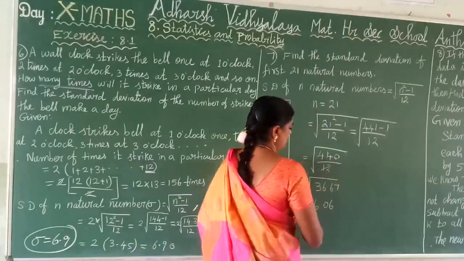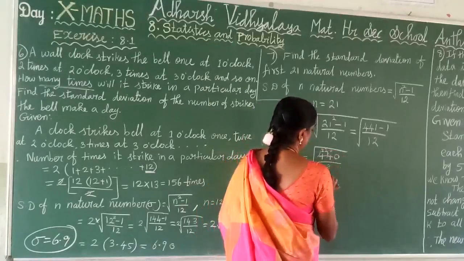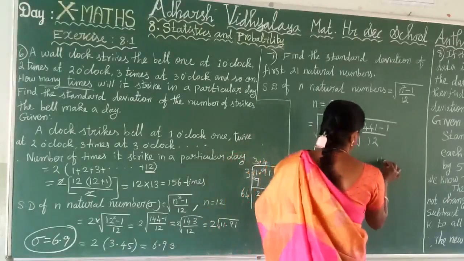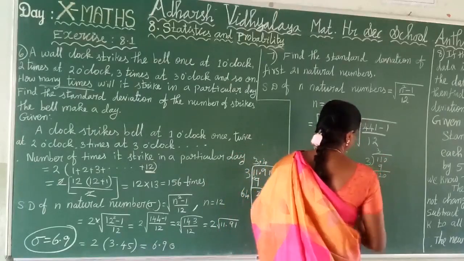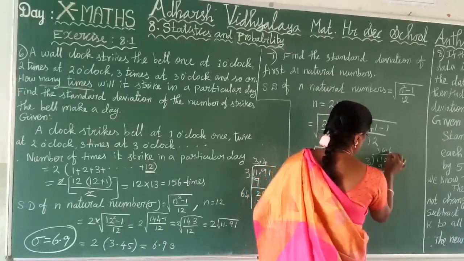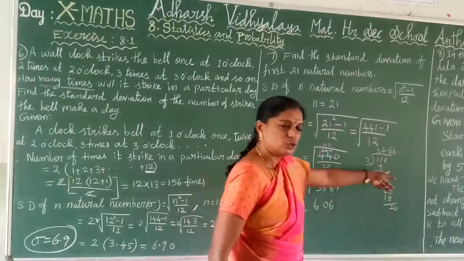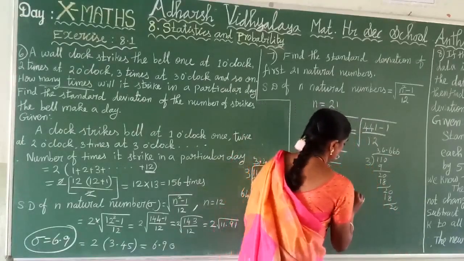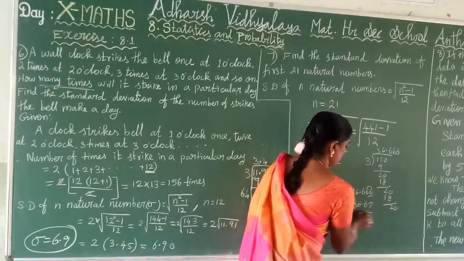This one simplify. Which table? Suppose 2 tables. 6 2s are 12. Here 220. And again 3 2s are 6, and 110. Yes or no? And again 110 by 3. How many times? 3 3s are 9. Remainder 2, 20. 6 3s are 18. Remainder 2, 20. Point. So 6, 6, 6 going on. Clear? So 6, 6, 6 like that going on means round up the number. 36.666. So third decimal we are coming, 36.67.